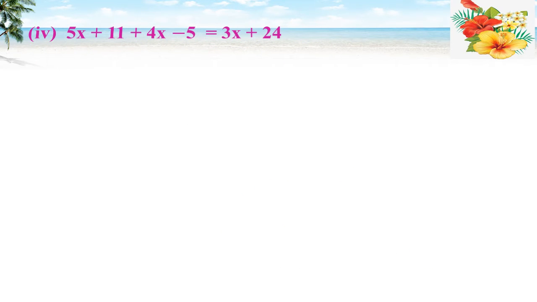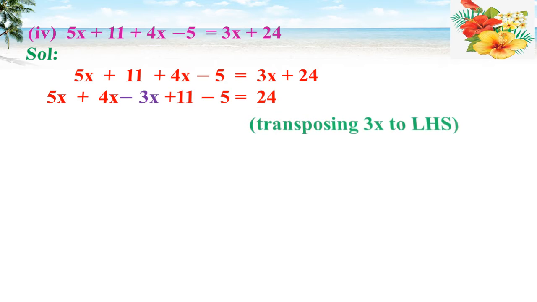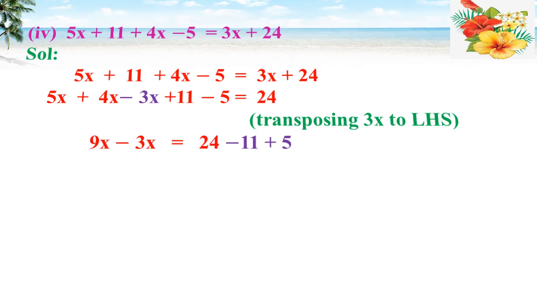Let's see. 5x plus 11 plus 4x minus 5 is equal to 3x plus 24. Now take the equation. Now we need to separate constants and variables. 5x, 4x and 3x are variables. 11, minus 5 and 24 are constants. First, transposing 3x to LHS. It gives 5x plus 4x minus 3x plus 11 minus 5 is equal to 24. 5x plus 4x, 9x, minus 3x is equal to,